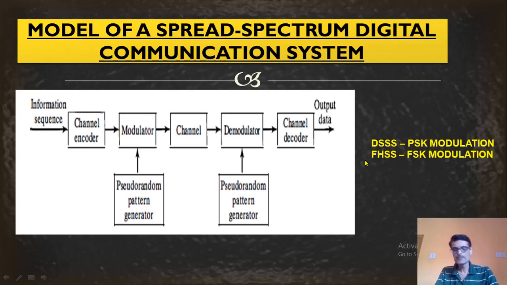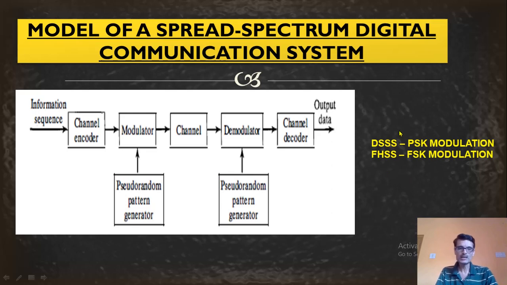In the case of FSK, say M-ary FSK, where M is more than 2, we are going to change the frequency of the carrier proportional to the PN pattern. Depending on the PN value, we switch, or hop, between a number of frequencies. The carrier will not have the same frequency. The carrier frequency is changed or hopped in this particular method. That's why it is called the frequency hopping spread spectrum technique. So we use the same pattern and we get back the original data. This is the simple model of a spread spectrum digital communication system.